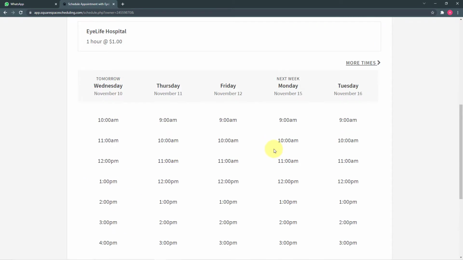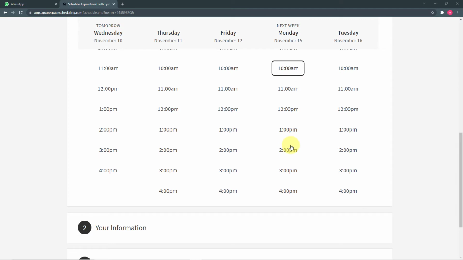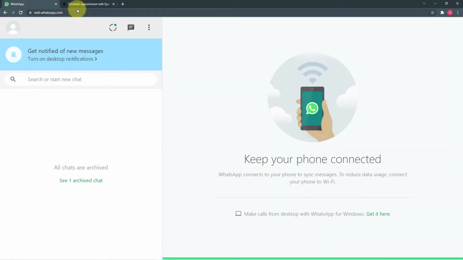And after booking the appointment, we are going to send a confirmation of that booking to the patient on his WhatsApp account, right? I'll show you how it's going to happen. I'm going to book a new appointment on behalf of a patient from this scheduling page, and we will see if the same patient receives the confirmation message of that booking on the WhatsApp account or not.